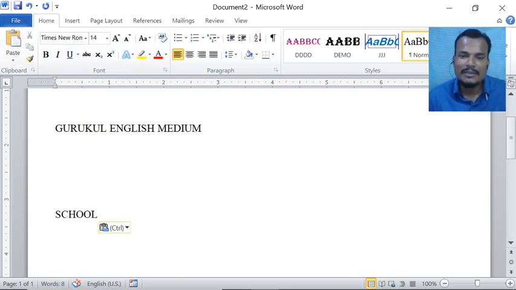That means in cut paste the original text is also removed. So that is the difference between cut paste and copy paste.